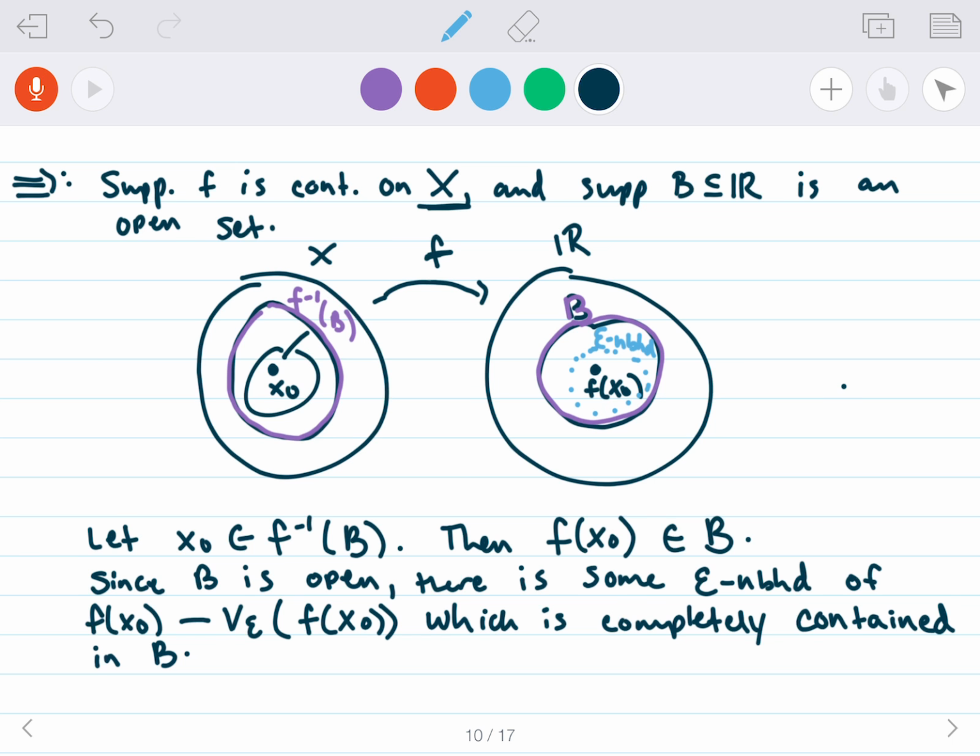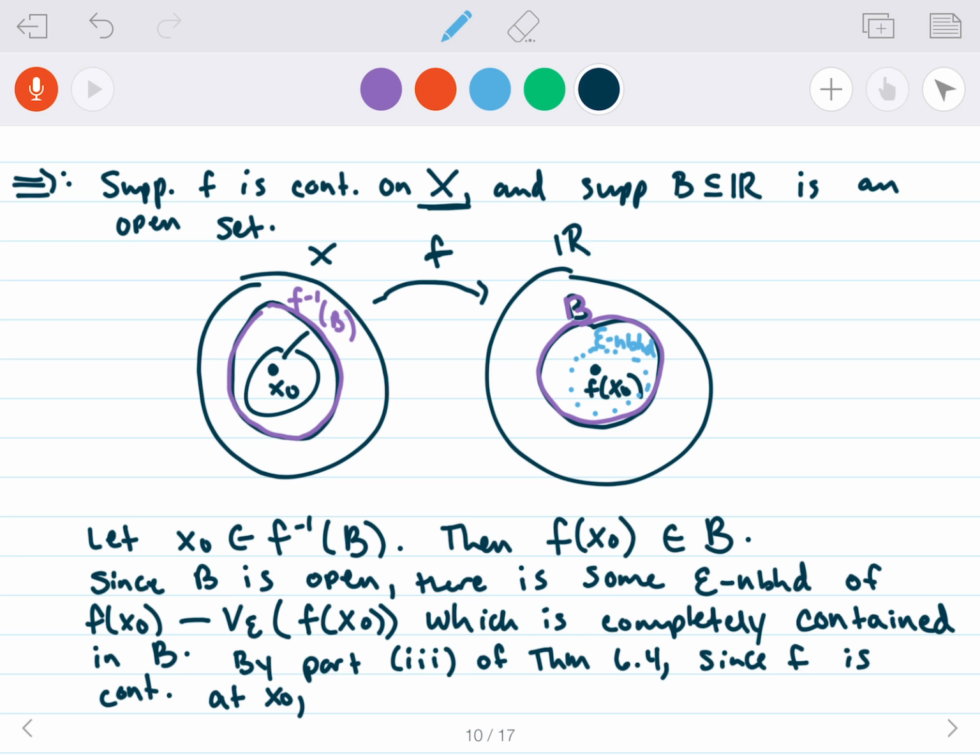So by part 3 of our theorem that we talked about in the very beginning of the lecture, of Theorem 6.4, since f is continuous at x naught,